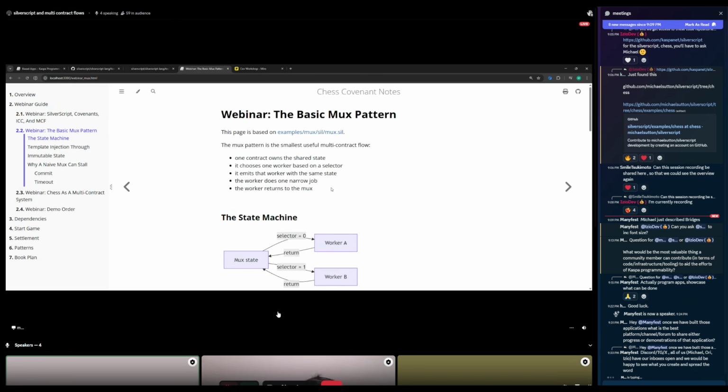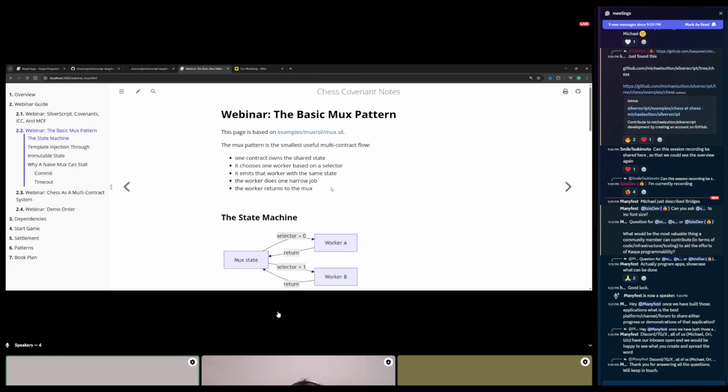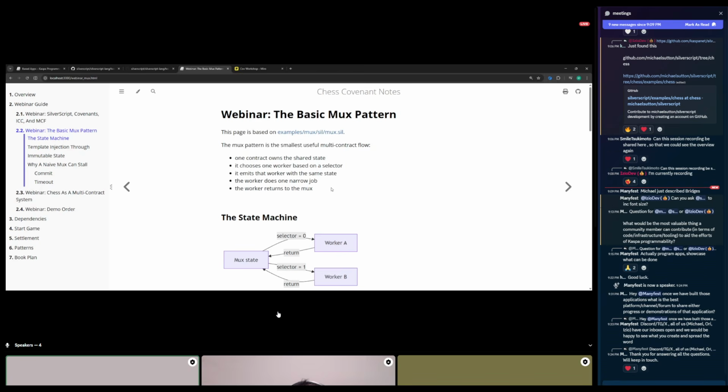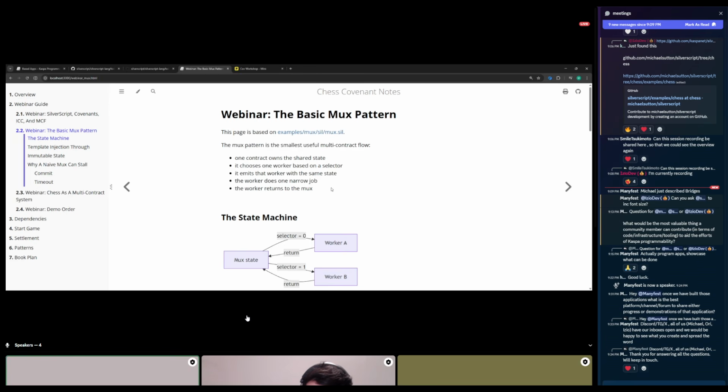Multiplexer started when I was starting to think about a chess game, a full on-chain game of chess, and the rules of chess are pretty complicated. The board can be complicated. Every piece can move in a different way. You might need to sweep and ask and check whether this tool can move or not, and make sure there's no check threat because of a move. So the logic isn't easy. If you just go over the whole board and check something, you'll have a for loop of 64 iterations unrolled at compile time. Not a good idea.